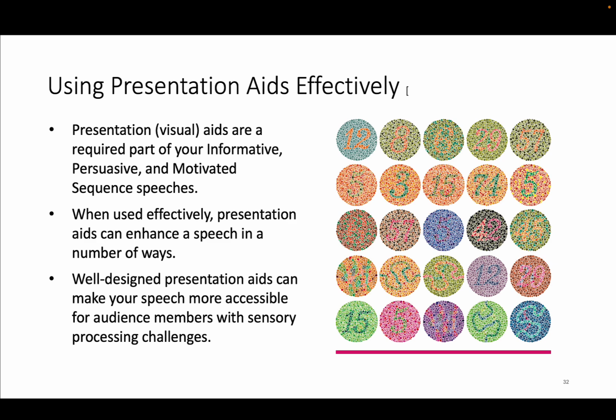But my point in putting this here is that unless you're checking for color blindness, putting something with such low contrast on the screen would make it difficult for any of us really to see anything. So clarity is important, not just in words, but also in images. So if it's something you want everybody to see, make sure it's crisp and clear and that we can actually see it.